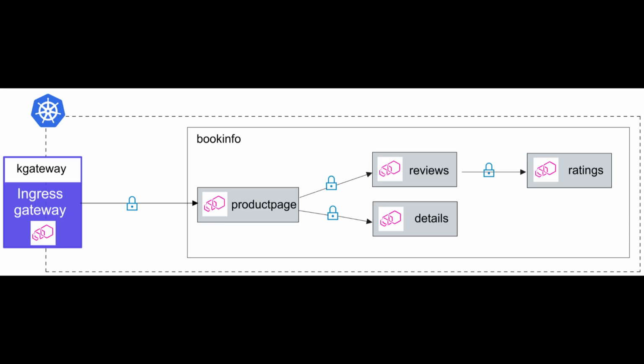Circuit breaking. If a backend service starts failing, Kgateway's circuit breakers detect outliers and temporarily halt requests to that service, preventing system-wide degradation. Retry logic. Envoy's retry policies allow Kgateway to automatically retry failed requests, e.g., due to transient network errors, improving reliability without client